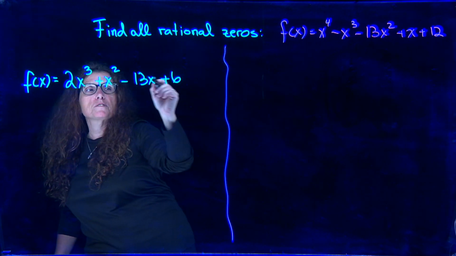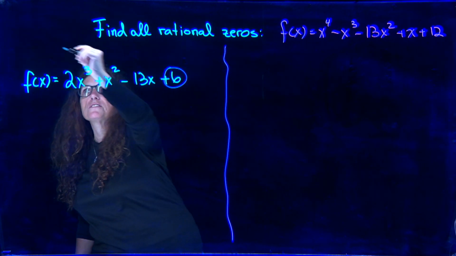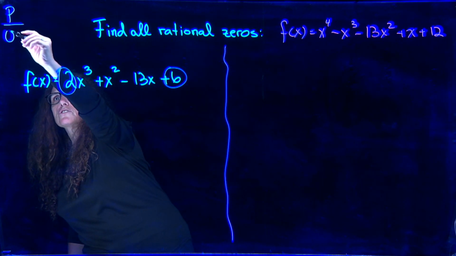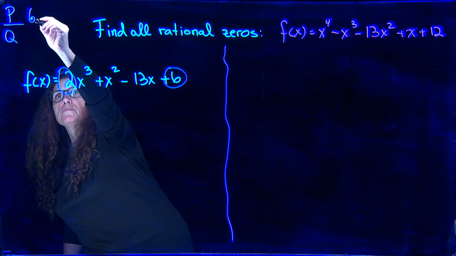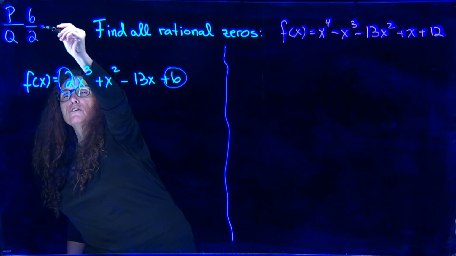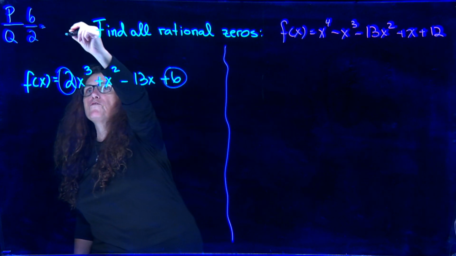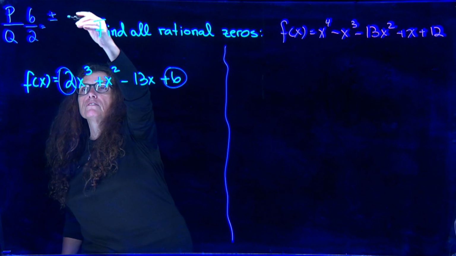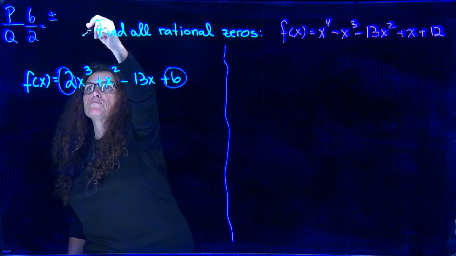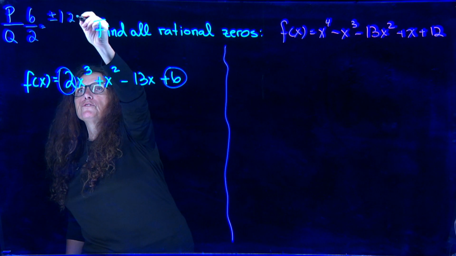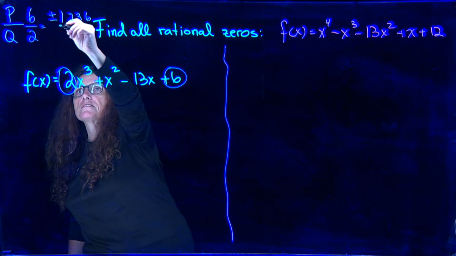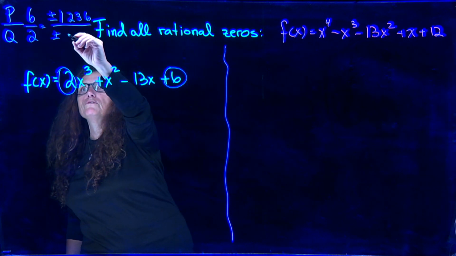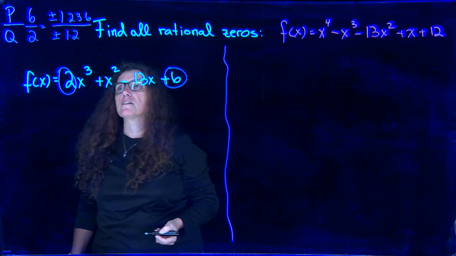So the list of possible zeros, we look at the constant term here, we call this P, and we're looking at the leading coefficient Q. So P over Q would be 6 over 2. Now we're finding all the possible factors of 6, and I usually put them in order. This also includes the negative numbers, so we can just write plus, minus, 1, 2, 2 times 3 is 6, and 6. And then we find all possible factors of 2, which of course is just 1 times 2,